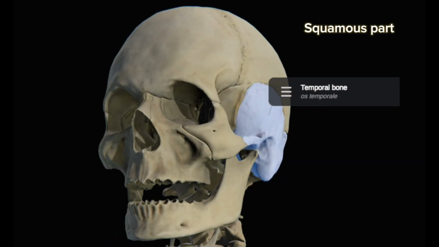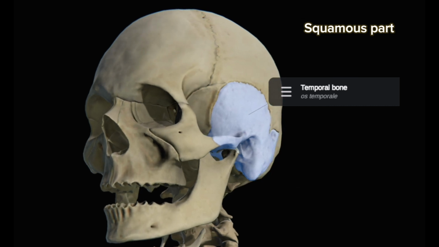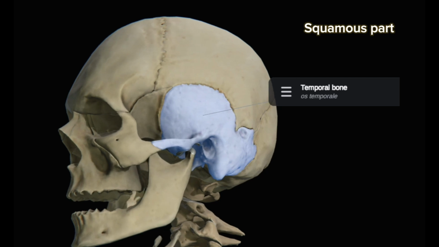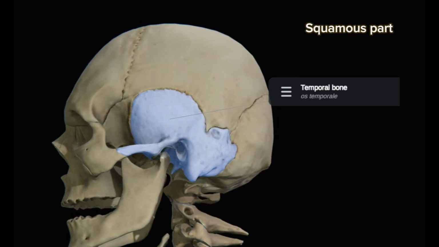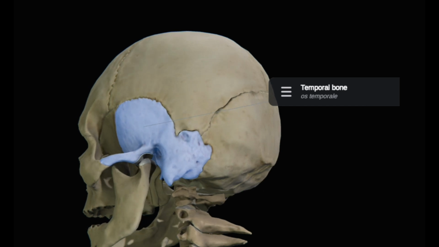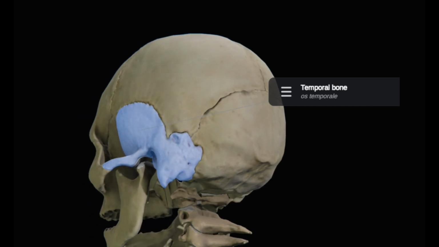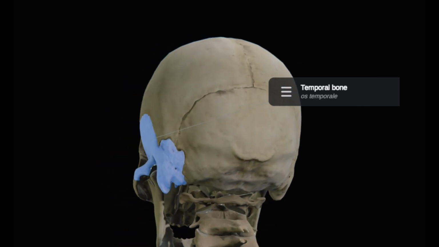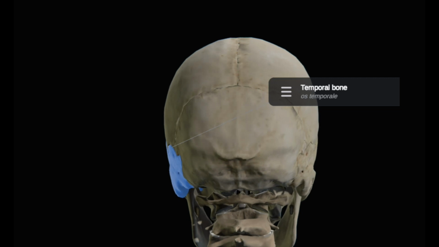The squamous part participates in the formation of the lateral walls of the skull. It belongs to the covering bones and has a relatively simple structure in the form of a vertically oriented plate with a rounded edge. This edge overlaps the corresponding edge of the parietal bone, fitting over it like the scale of a fish, from which its name originates.